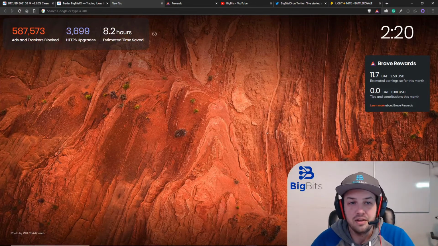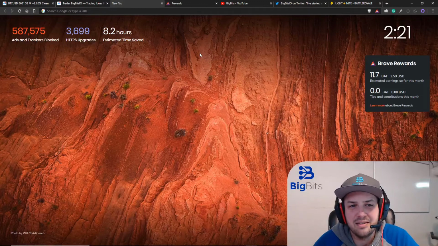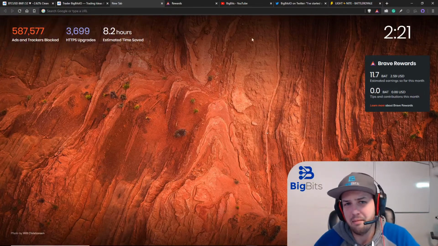And of course, you will be working on a much more secure connection. And then because of the ad blockers and the trackers block, the loading time a lot of times is faster. It says it saves you 8.2 hours, but in some cases the pages actually load a little bit slower. I would say most pages load quicker, but some pages do load slower because they're waiting on third-party things to happen, and if they time out because they're blocked by third-party trackers, then it might take the site longer to